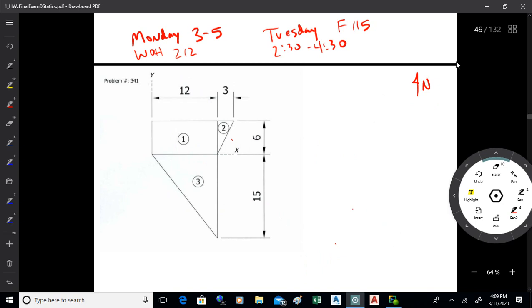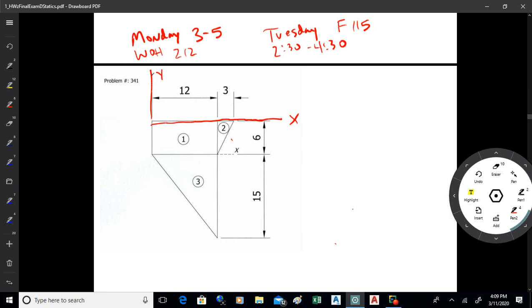Okay. So if I want to find the centroid for this shape, I'm going to use the axis system that's given. You have to have some sort of reference axes that you're measuring from. So I'm going to go with the X and Y, of course, and those are the axes I'm going to use. And then I'm going to measure from those axes to the centroids of